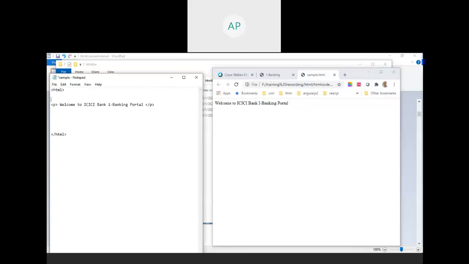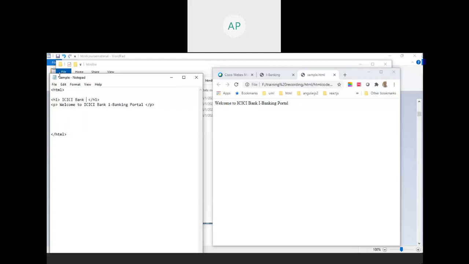If you go to any website, there will be a company name. If you want to display that company name, you can use either a paragraph tag or a header tag. You know the header tag, how to create a header tag by using h1. You start the tag and you end the tag. This is always necessary, very, very important. So what is going to be the name of the bank? ICICI Bank.